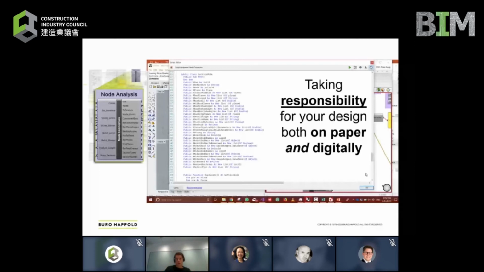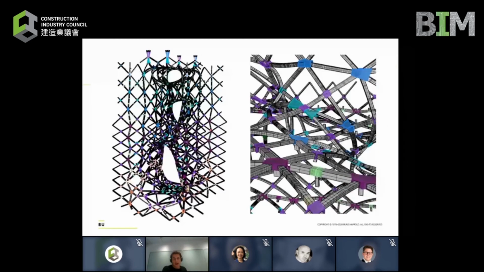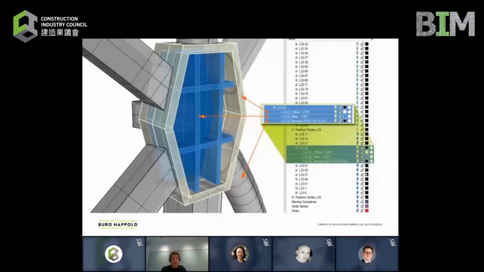So although we're using Grasshopper, which is a flow-based programming language made famous by parametric design, if you look in here, we're actually using text-based code, in this case Visual Basic, to describe with coding the objects that we are designing. We are taking full responsibility for the code behind the engine, which will eventually generate for us the BIM model that will come to be. And again, this is a BIM model. This has embedded within it